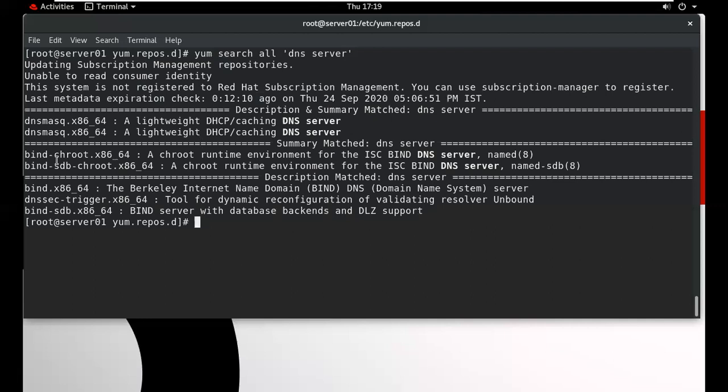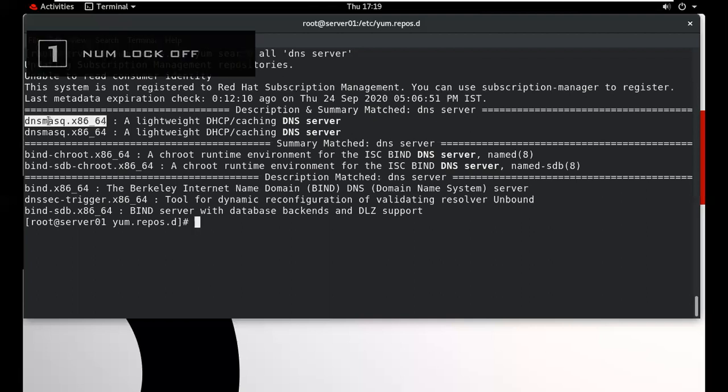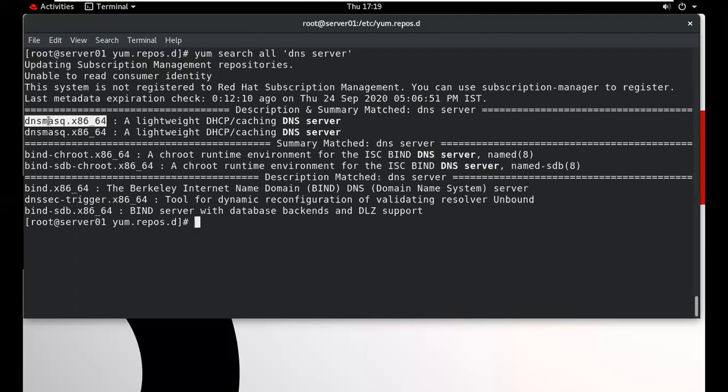So these are the functionalities that support a DNS server. This is also used as a DNS functionality. It is used as a caching-only DNS, dnsmasq. And this is the package name. What is the package name in Linux? It's called bind. In the Linux operating system, the DNS server is called bind, Berkeley Internet Name Domain. So in Linux, it's called bind.